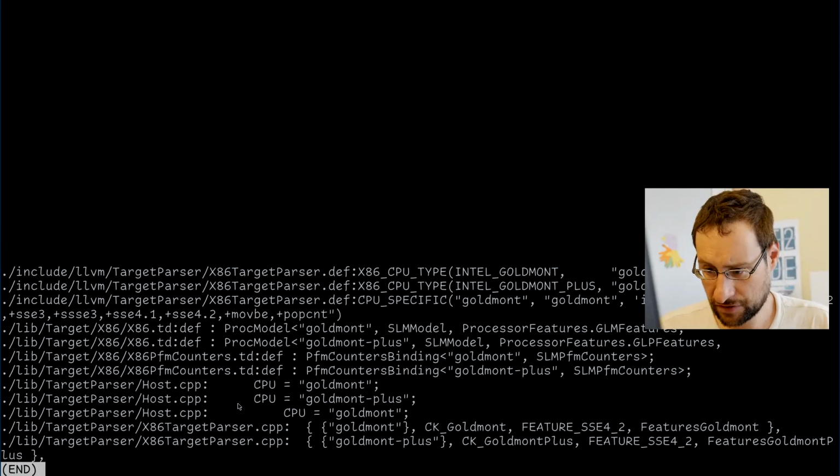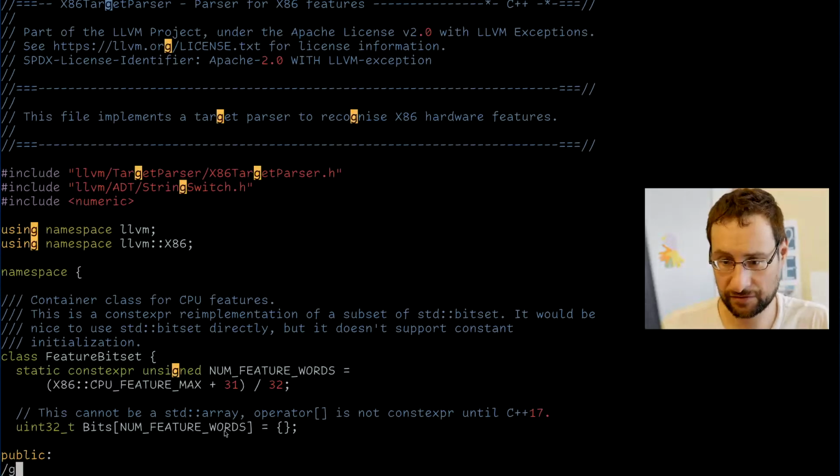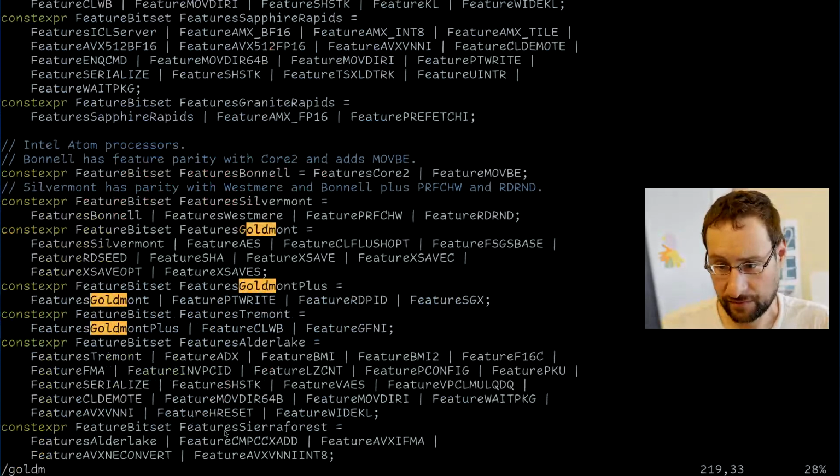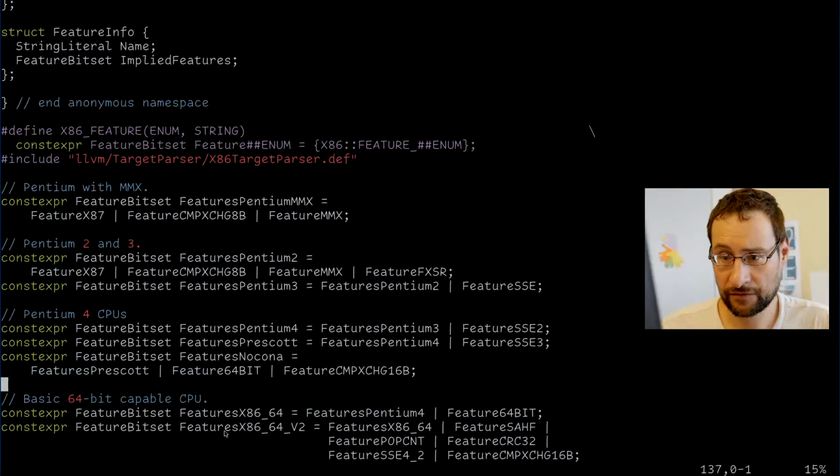So let's first see what exactly they're doing, maybe in reverse order, because in the other file I've looked already. Feature bit set features. Do we have any? I mean, here are some feature bit sets for Core 2. Okay, what do we have here? We have Pentiums. Do they have Pentium MMX?